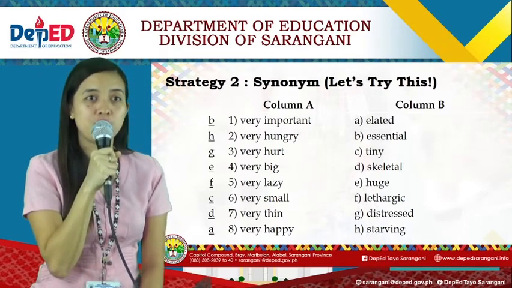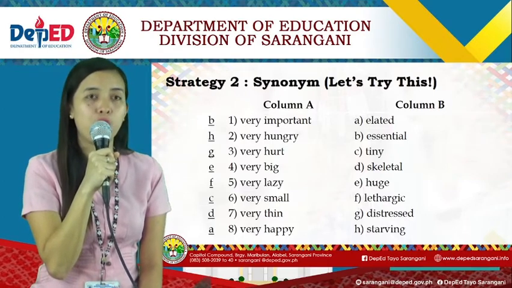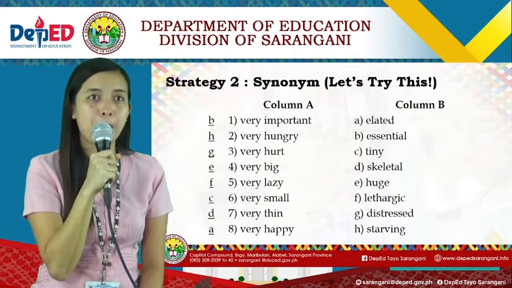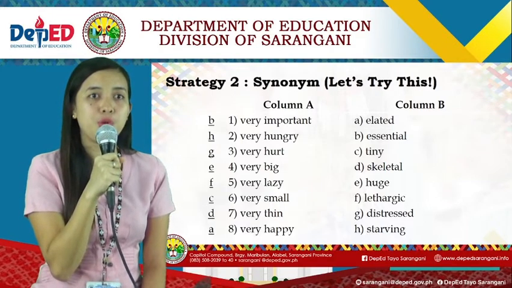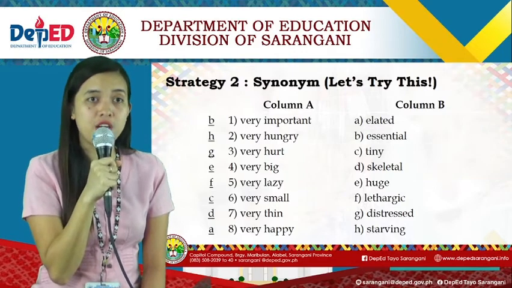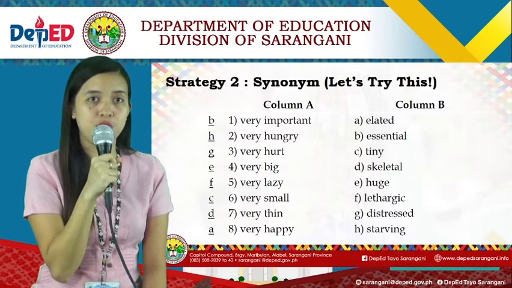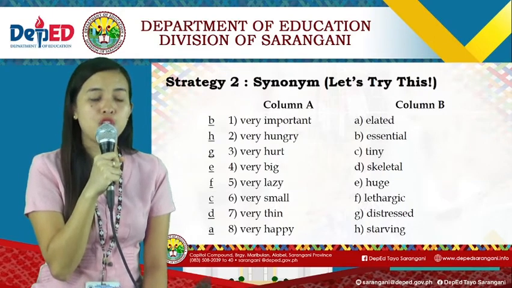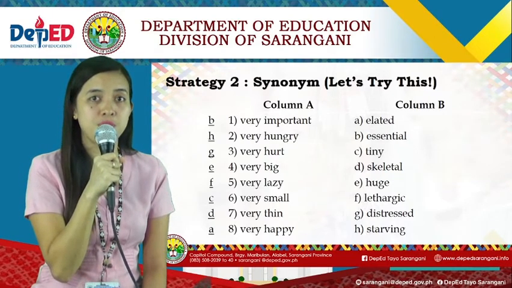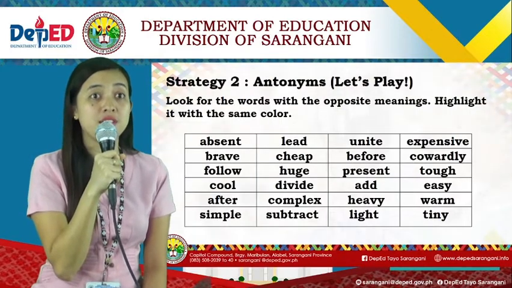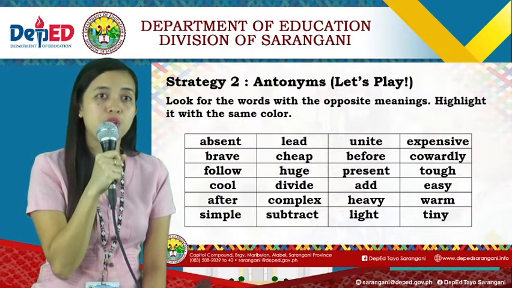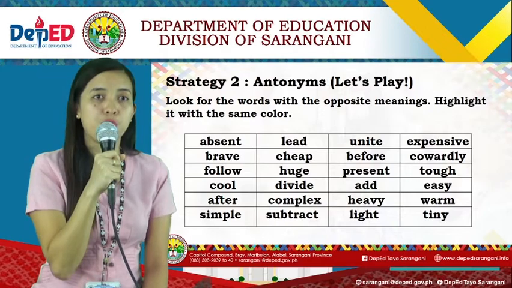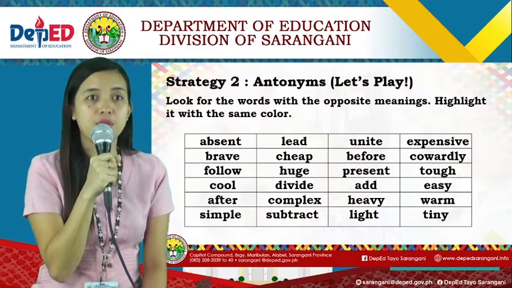Good job. So you can introduce this to our tutees when we go back and we have our read at home activities in our community. Now let's have another game using antonyms. So you can print this one and distribute to our children or our tutees, or you can also write this in their notebook. The instruction is look for the words with the opposite meanings and highlight them with the same color. You can make use of the rainbow colors: red, orange, yellow, blue, green, indigo, and violet. So you can prepare this one and provide it to your learners.